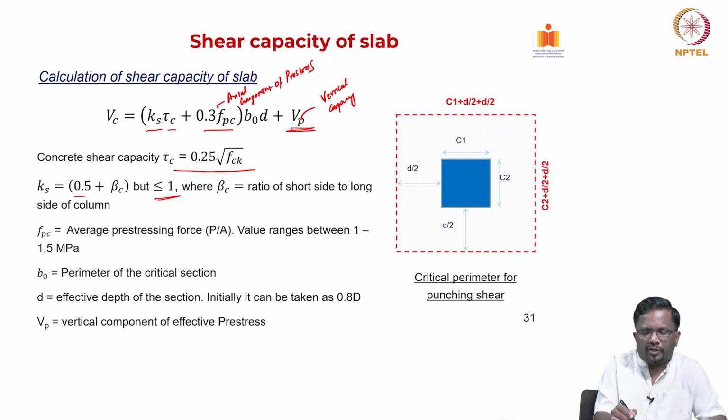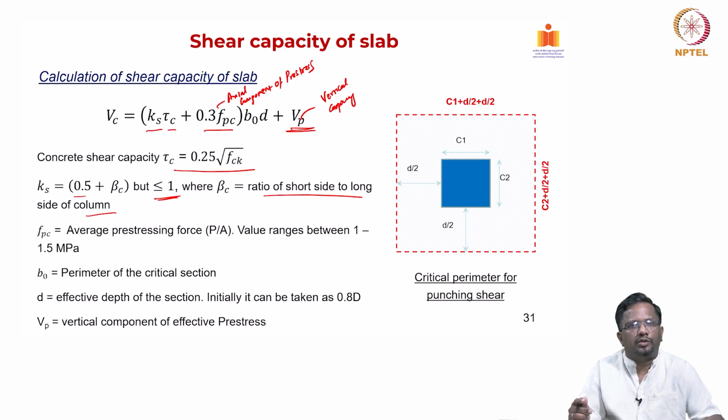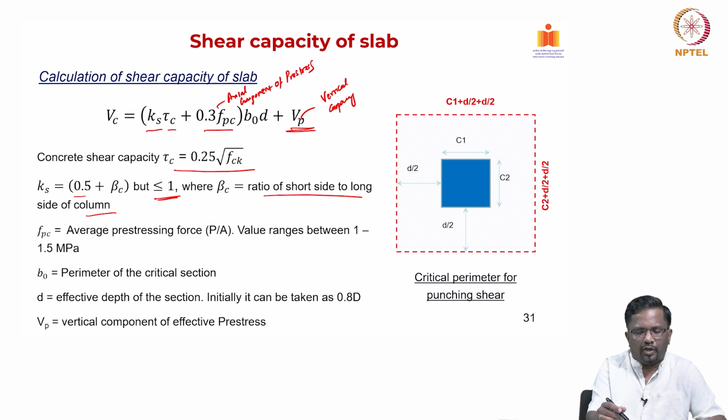Typically it has to be taken less than 1, where beta C is the ratio of short side to the long side of the column, right. Depending upon the geometry of the column, then beta factor has to be there, but anyway KS cannot go more than 1, right. You see here the tau C now has to be 0.25 square root of FCK,